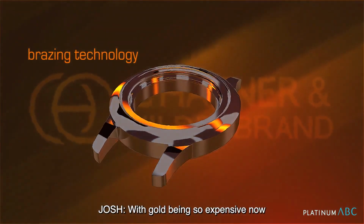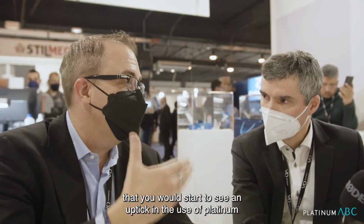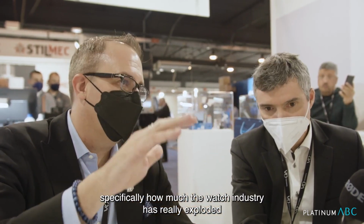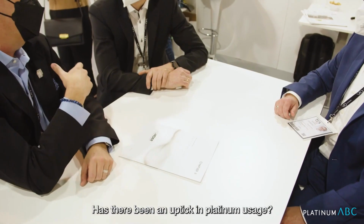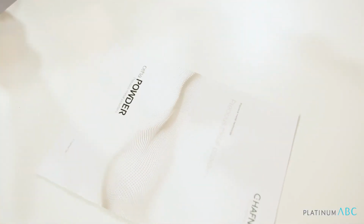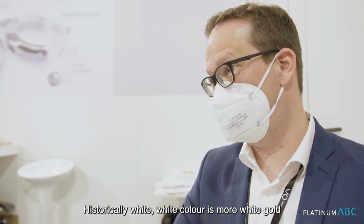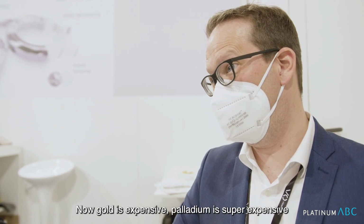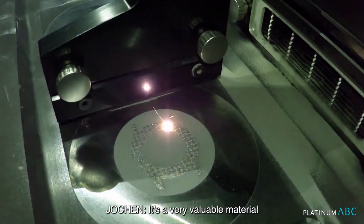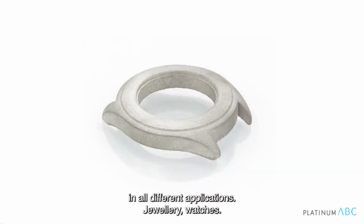Gold being so expensive now, I would think, and I could be wrong, that you would start to see an uptick in the use of platinum, specifically how much the watch industry has really exploded. Has there been an uptick in platinum usage for the watch industry? Historically, white color is more the white gold, but now gold is expensive, palladium is super expensive. It's a very valuable material, so this is now of course a chance for platinum materials in all different